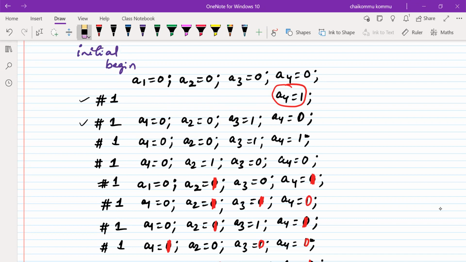So if you consider the second nanosecond, what are the changes? A4 is changing from 1 to 0, and A3 is also changing, but A2, A0 are not changing at all. Therefore, remove those things. That means up to 2 nanoseconds, A1 is equal to 0, A2 is equal to 0, but A3 is equal to 1, A4 is equal to 0. That's the meaning here.